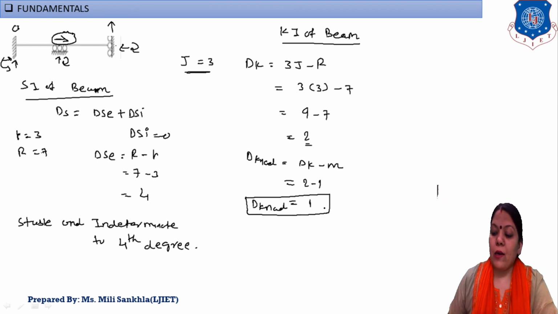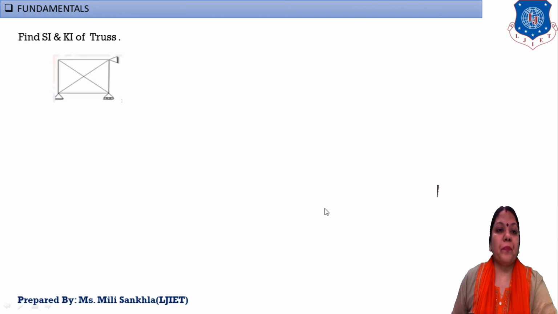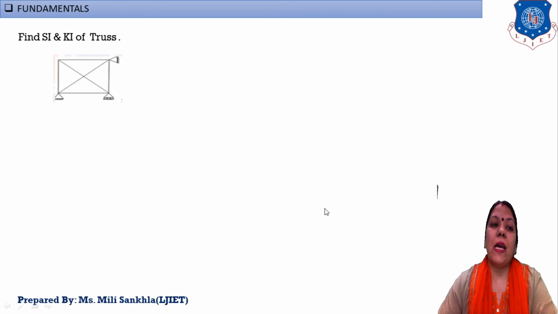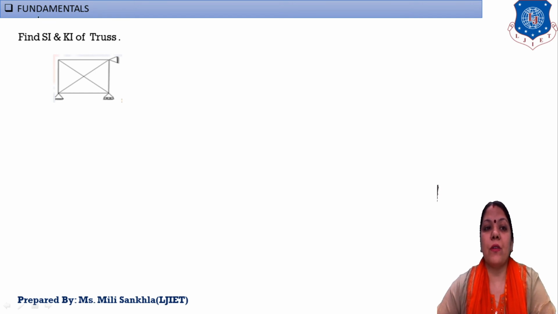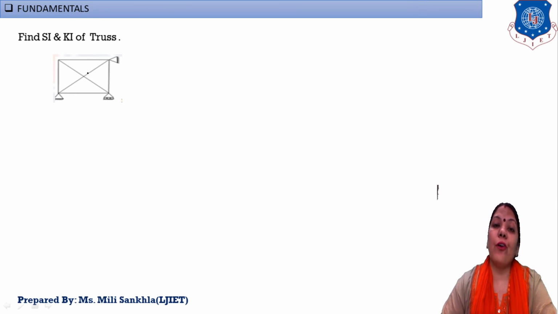Okay, now second. Here we find SI and Ki for the truss. Now our equation is changed. First we find out SI and Ki for the beam. Now how do we identify that the given figure is a truss if "truss" is not written here? The geometry given is in the form of triangles. If a triangle is given, then simply it is a figure of a truss.